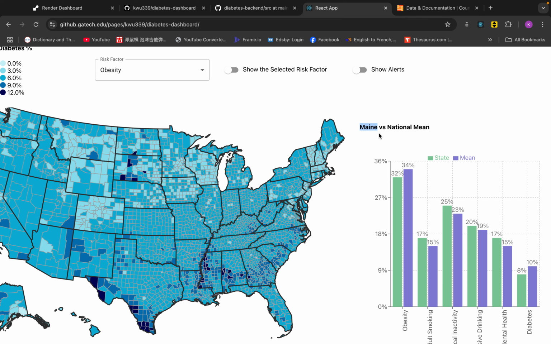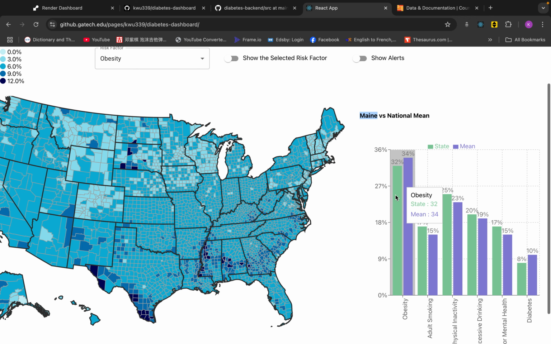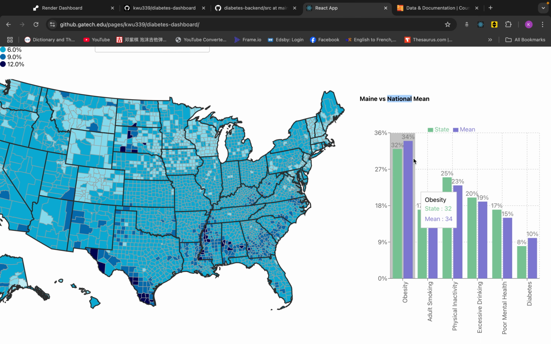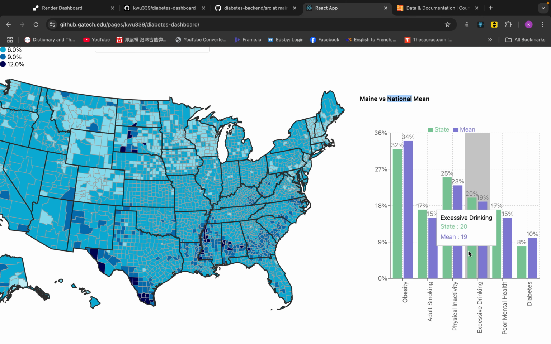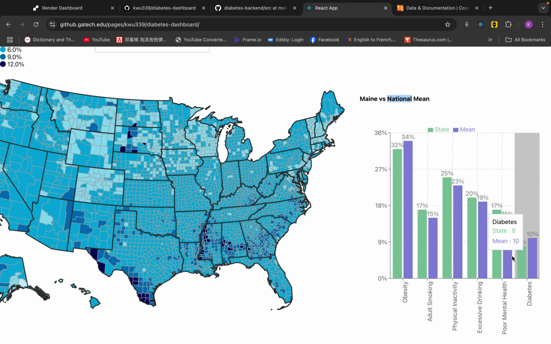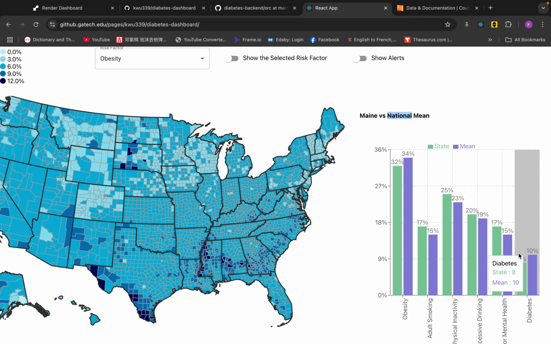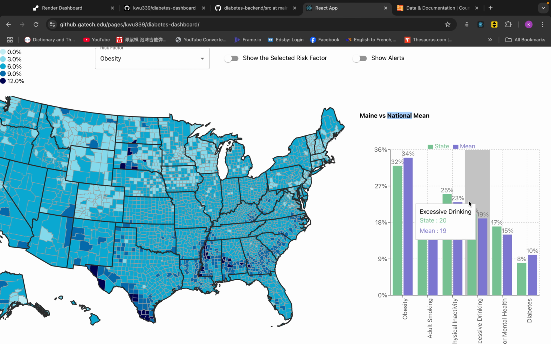For example, now we're comparing the risk factor for Maine versus the national mean. The purple line is the national mean, while the green line is the state value for that particular risk factor. And we can see that the state has a lower diabetes percentage than the national average while having some higher values for